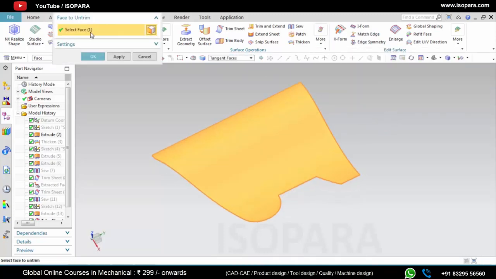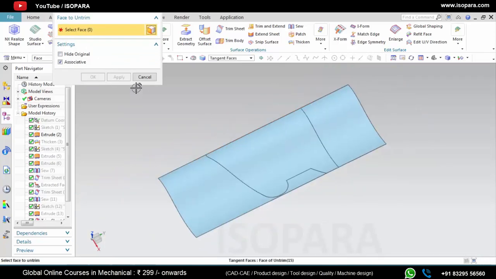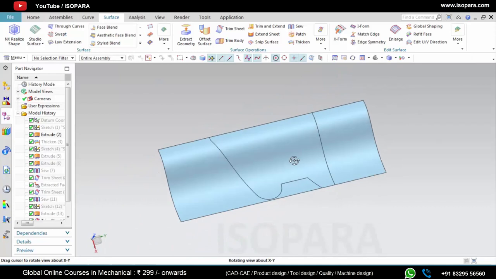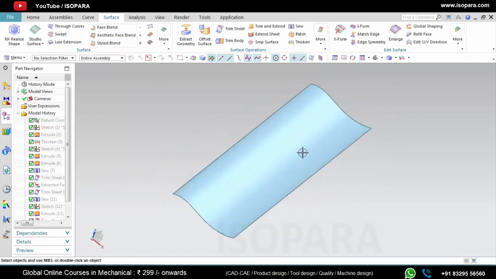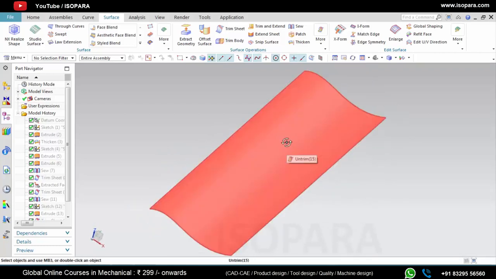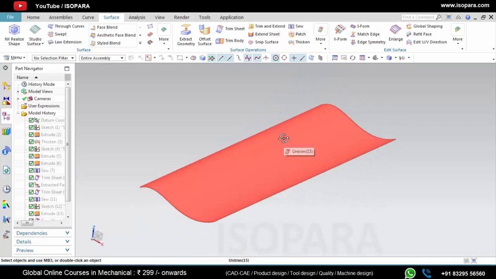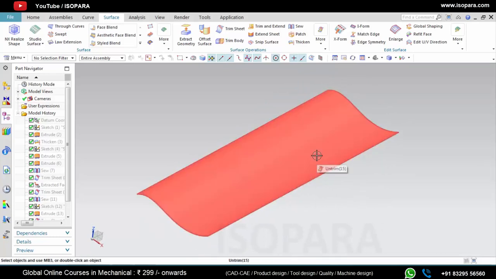So just select the surface and then click on apply. So you will get the original shape of the surface. After that, you can do any work on this sheet as per your requirement. So this is very important command.